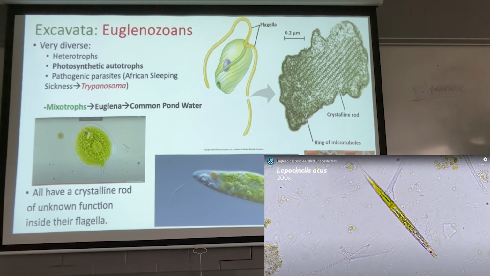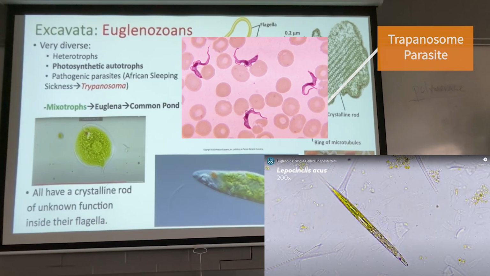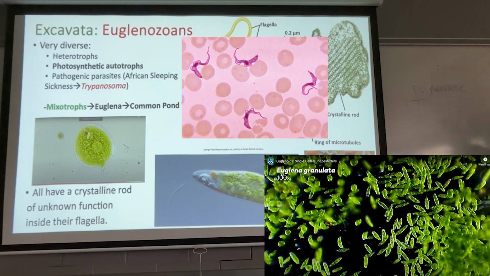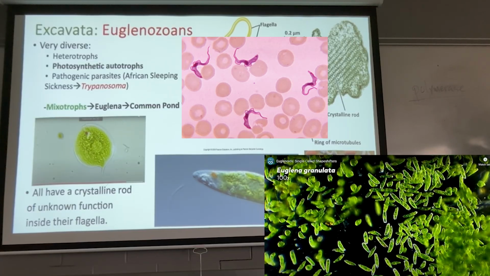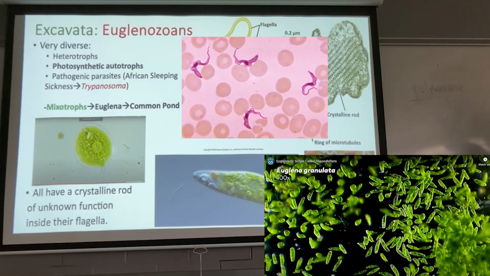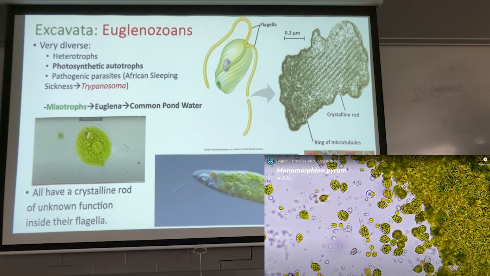And this is what a trypanosome looks like. This is the motile stage traveling through the blood supply. That's an SEM of the little guy. These guys move around and invade organs, and eventually, if they're not treated, they can move into the central nervous system and cause African sleeping sickness, where you fall asleep, it's hard to wake you up, you fall into a coma, and you die if it's not treated. So it's a pretty nasty bug.